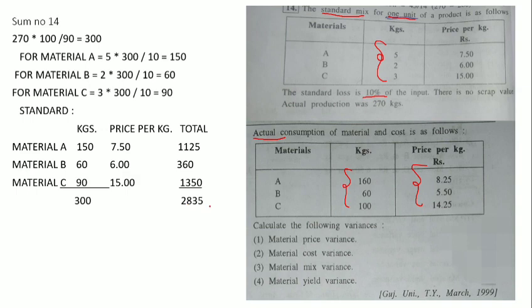Now as mentioned in the sum, there is a loss of 10%. So calculate the loss on this first column, because on these two columns loss is not calculated. So loss of 10%, 10% of 300 will be 30. So write the final answer of this. The final answer of the first column is 270, and for the last column, as written above, the same 2835. Now after this, make a table for actual consumption.